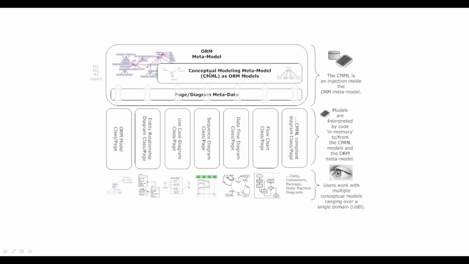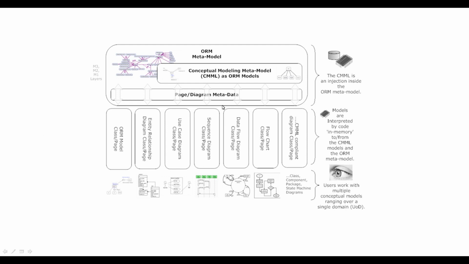We have conceptual modeling language meta models inside our object role modeling meta model, and we can have various languages, so object role modeling, entity relationship diagrams, property graph schemas, even use case diagrams, data flow diagrams, etc. could be put into the same architecture, and the user works with the language of their choice, and that's all tied together under the Richmond architecture so that the